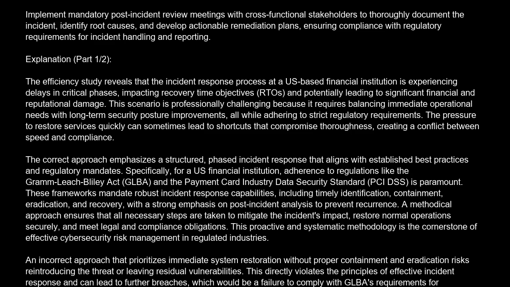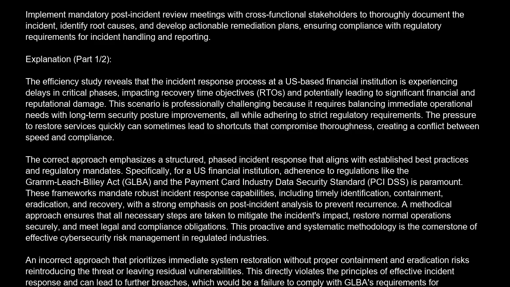This scenario is professionally challenging because it requires balancing immediate operational needs with long-term security posture improvements, all while adhering to strict regulatory requirements. The pressure to restore services quickly can sometimes lead to shortcuts that compromise thoroughness, creating a conflict between speed and compliance. The correct approach emphasizes a structured, phased incident response that aligns with established best practices and regulatory mandates. Specifically, for a U.S. financial institution,